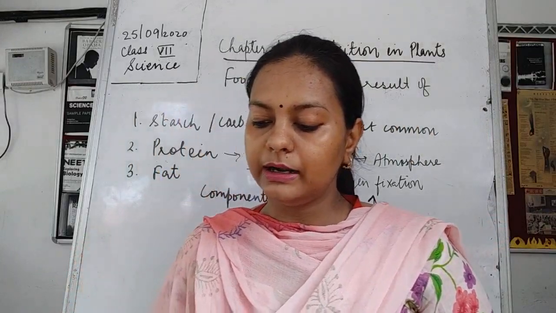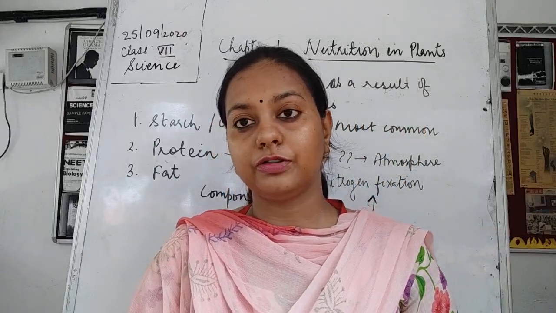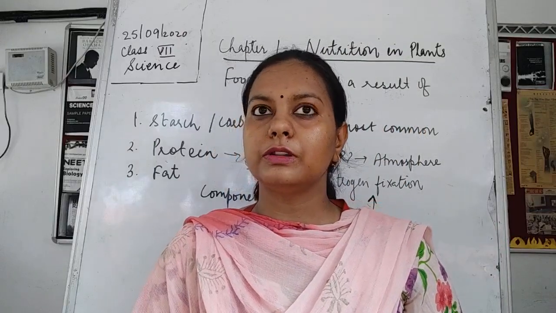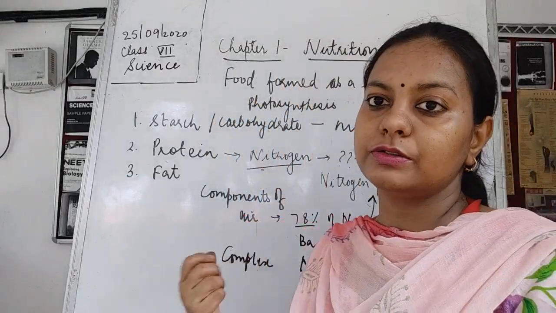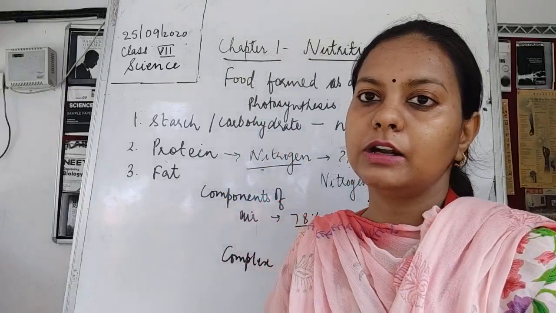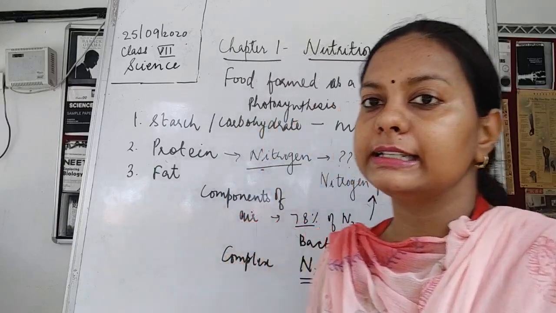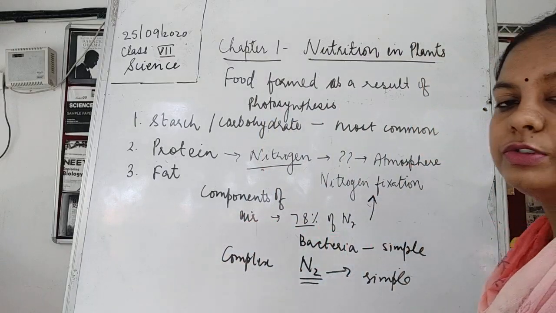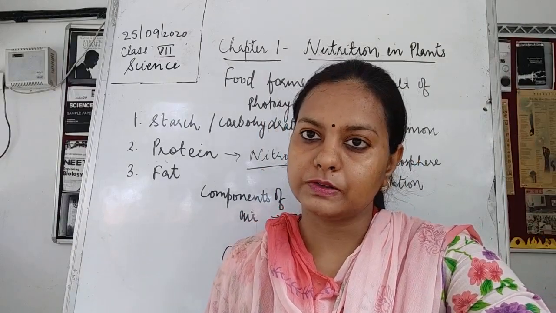Recall that nitrogen is present in abundance in the gaseous form in the air. However, plants cannot absorb all the nitrogen from it. This is the problem: the roots do not respond to this 78% of nitrogen. So it needs to be broken down into a small amount, and as a result of this breaking down, it forms nitrites and nitrates. Once these nitrites and nitrates are formed, they are used by the plants because of the presence of bacteria.